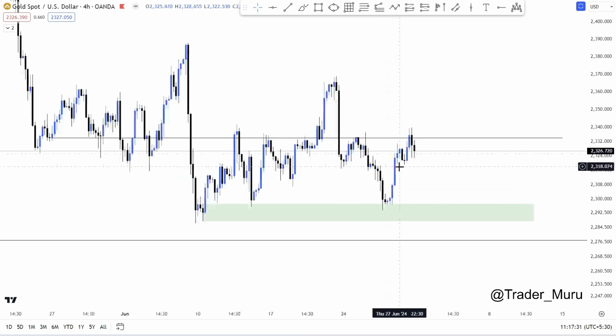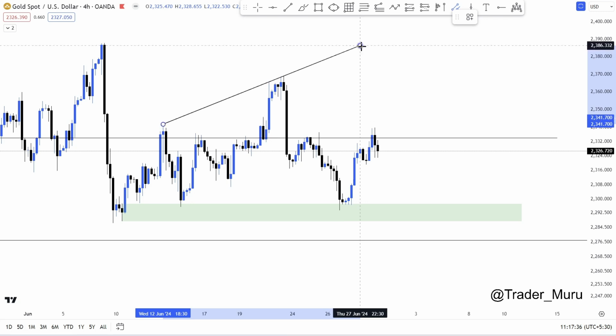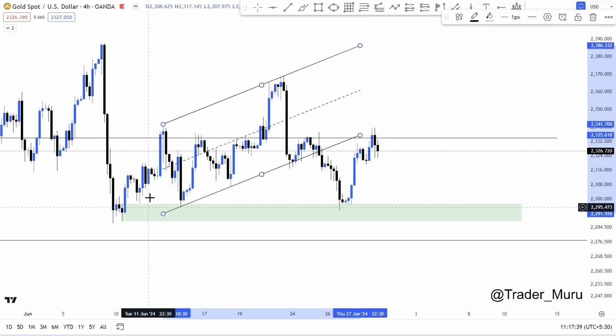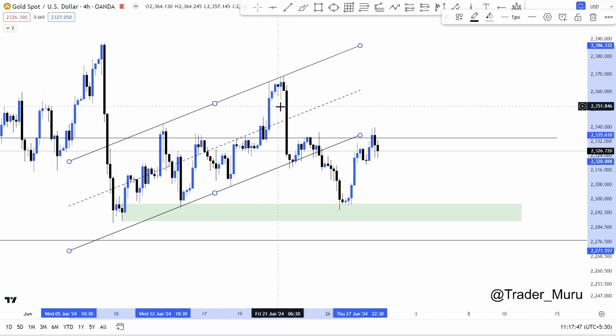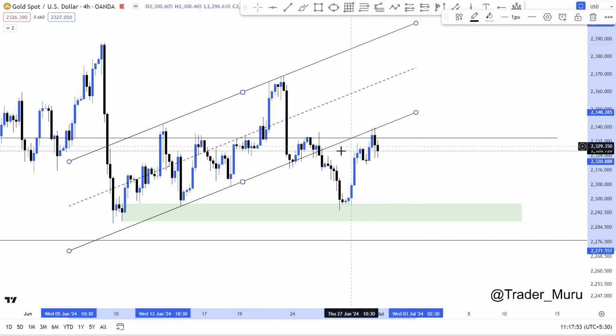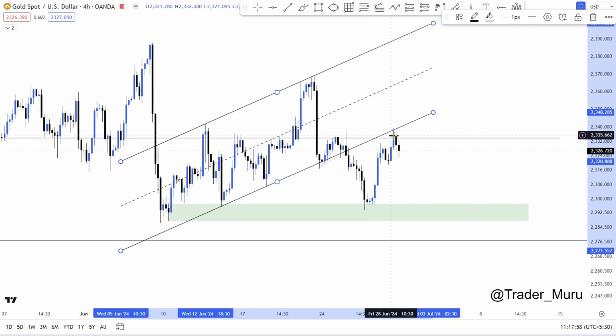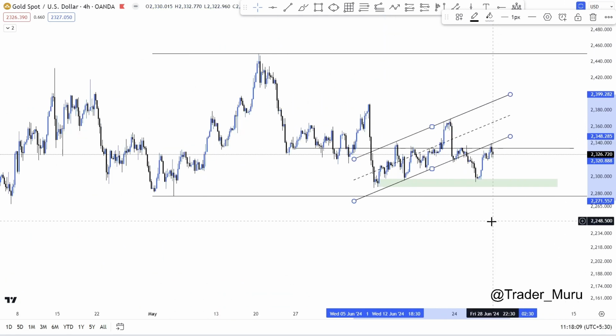How? Let me just show you that we have a nice channel running here. You can see this was a nice rising channel running here, and gold has just retested it. You guys can easily mark this out right here. So what we have here is a channel retest, then weekly resistance, and another thing we have right here